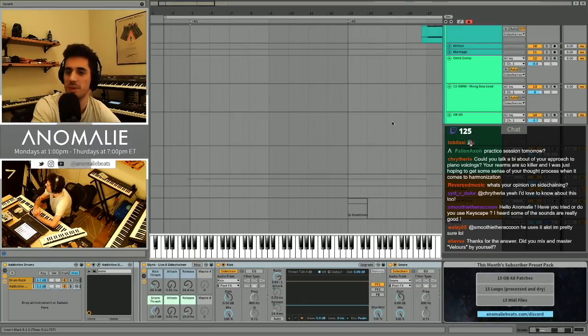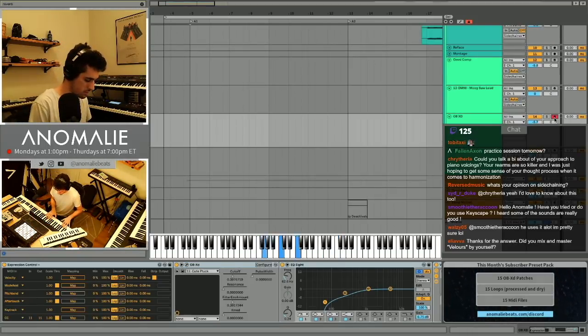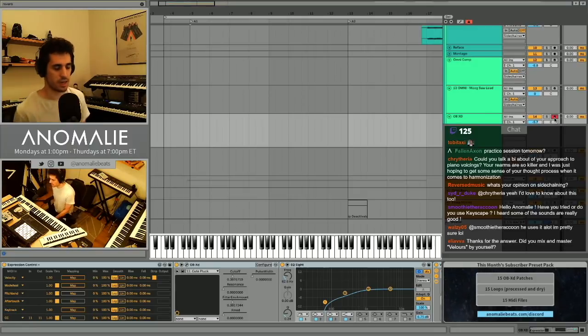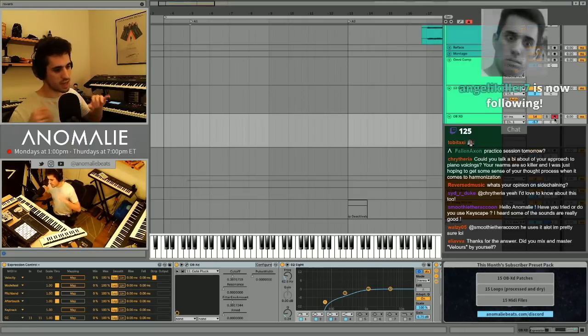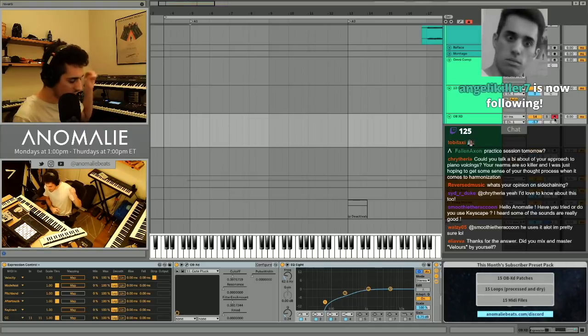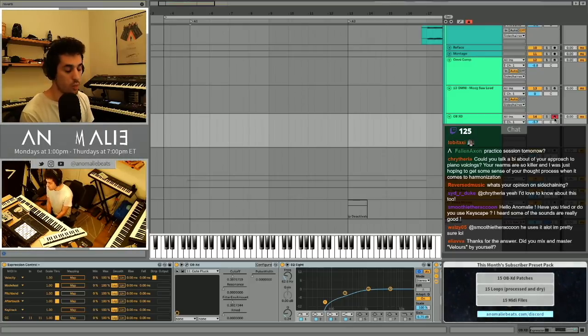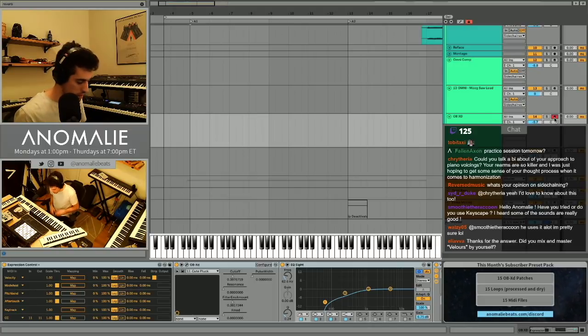Could you talk a bit about your approach on piano voicings? Yes. Yeah, so as I've said multiple times, I prioritize voice leading and bass movement, whatever is going on. Inversions are a tool that is absolutely huge. You can create a huge sense of movement without actually using a huge amount of chords, right? So let's take